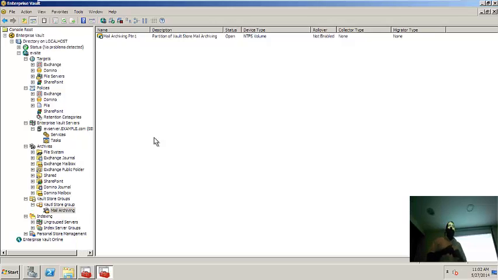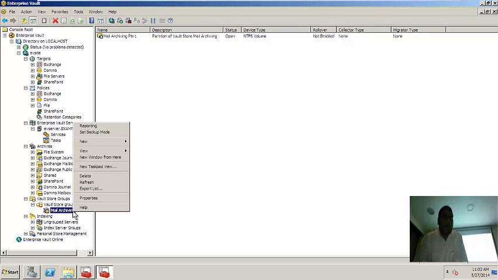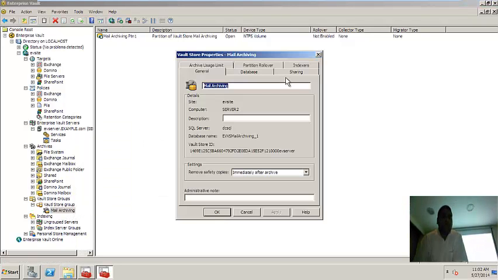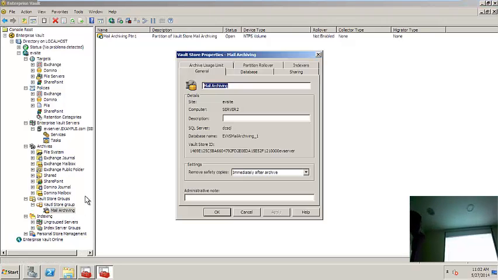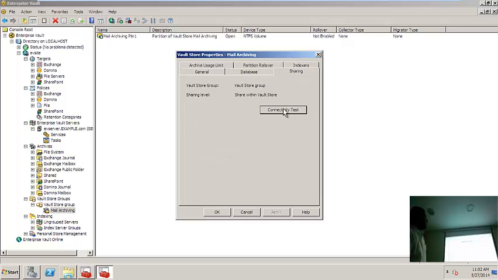Then we created the vault store, and then we created the partitions also. Now let's talk a little bit more about the vault store, which we did not cover yesterday. If you right-click on the vault store, properties, and sharing, what is this sharing?